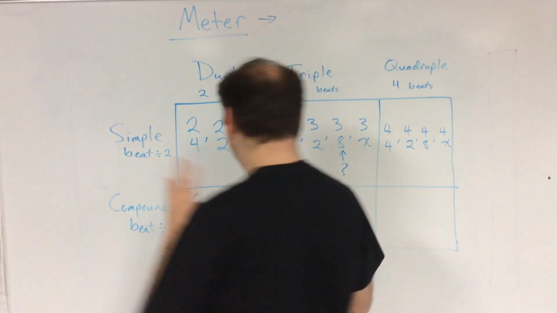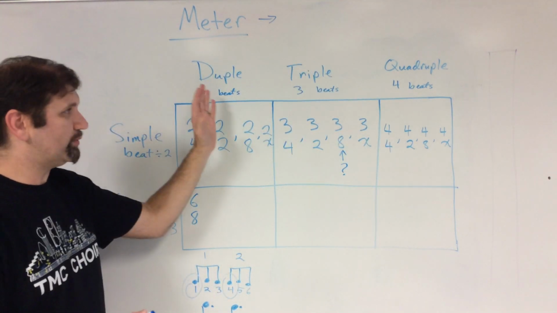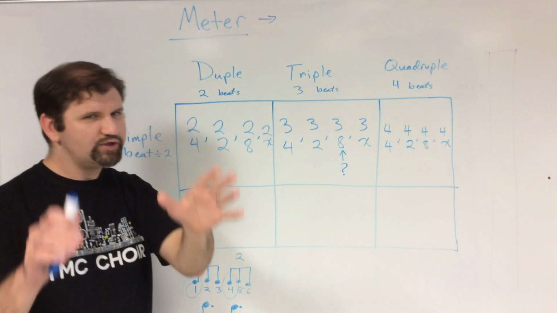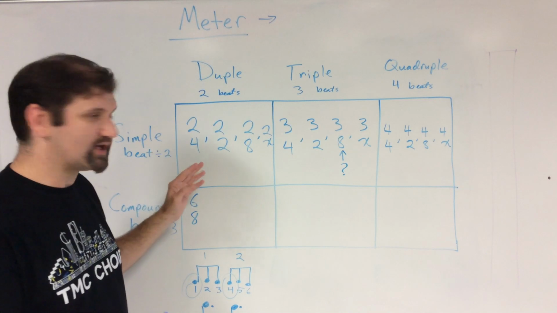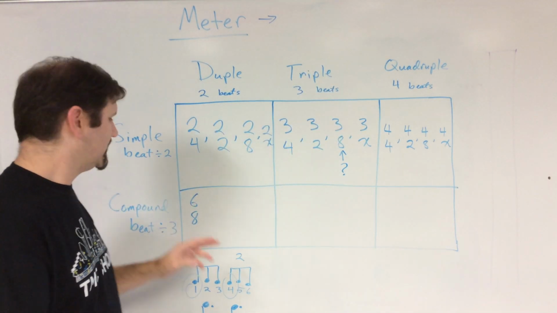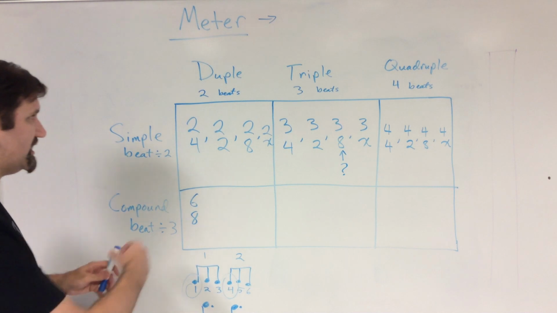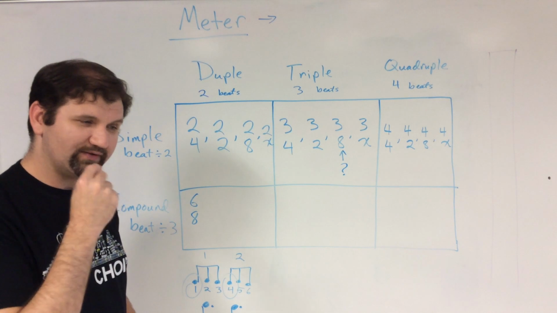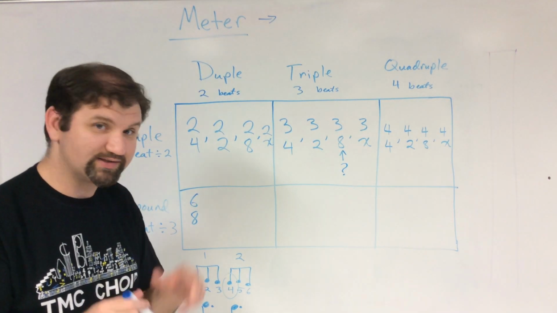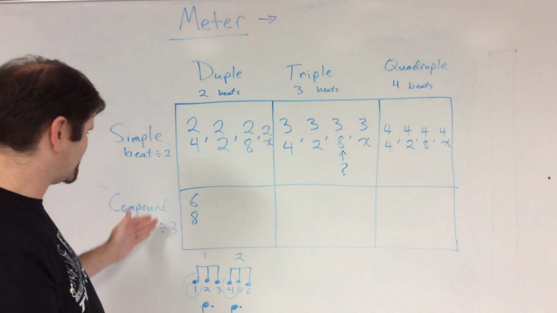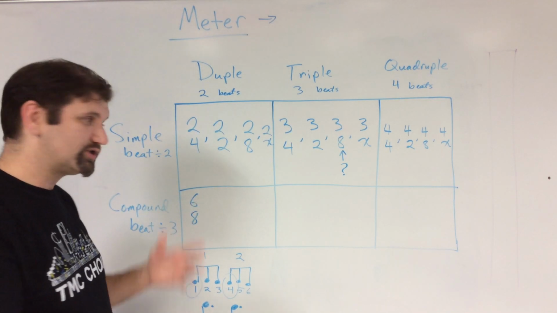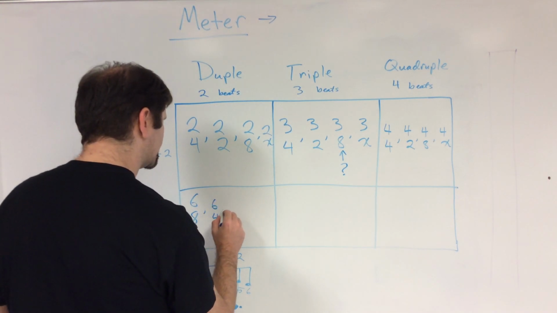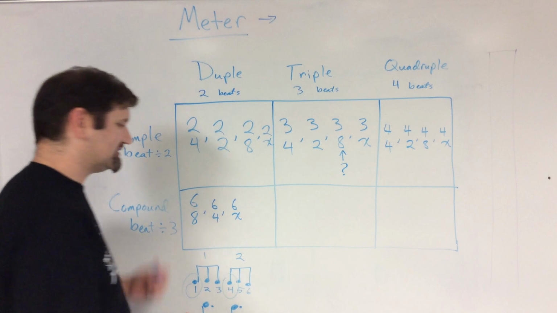Okay, so let's break it down nice and simple. If duple, triple, and quadruple all have 2 on the top, and don't say numerator, it's not a fraction, 2 on the top, 3 on the top, 4 on the top, then compound, which is my beat but split into 3 pieces, if I'm counting each of the 3 pieces in that beat, then it's really just 2 times 3 equals 6. So all of my compound duple would be like 6/8, 6/4, something that is 6 over